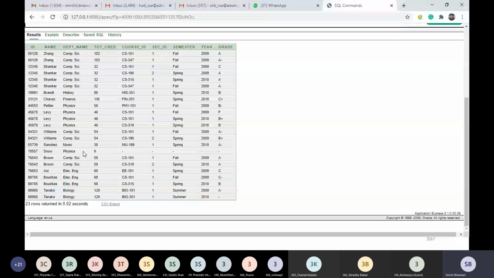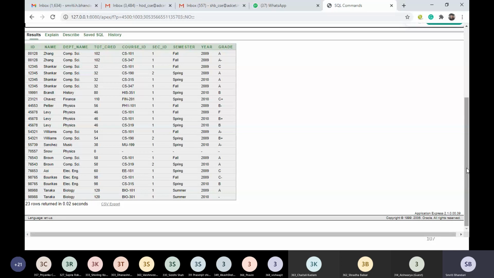And now please see here. This particular student with ID 70557 is now present in our result. But as this student is not available in the takes relation, the attributes belonging to the takes relation are replaced with null values for this particular student.